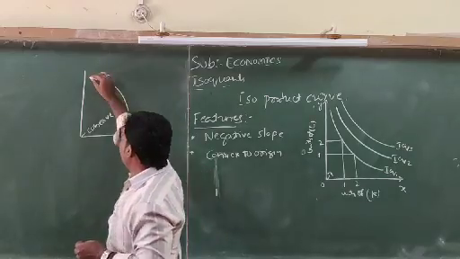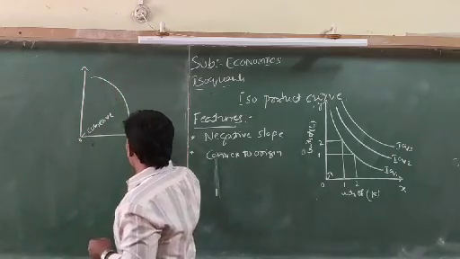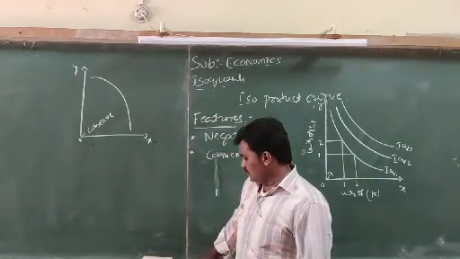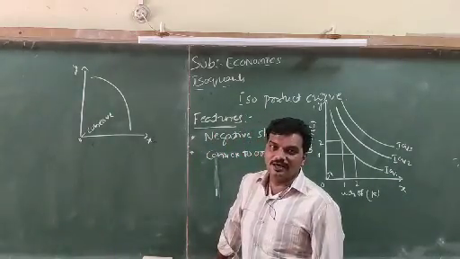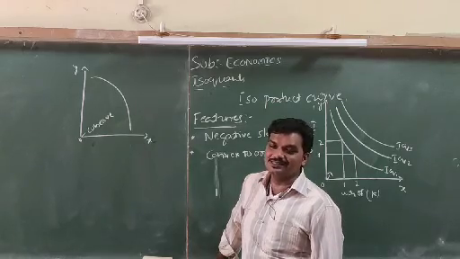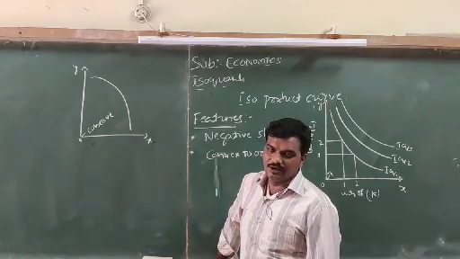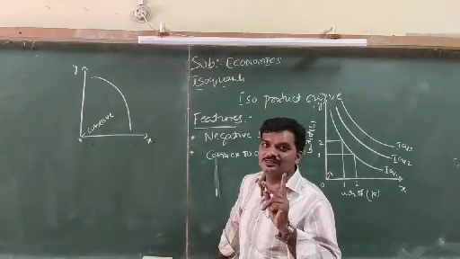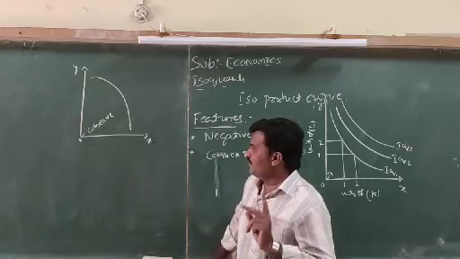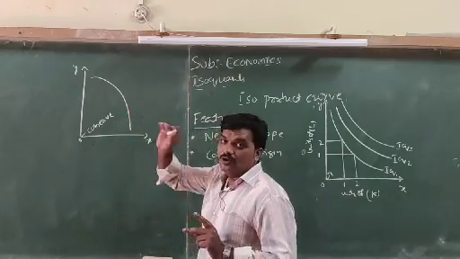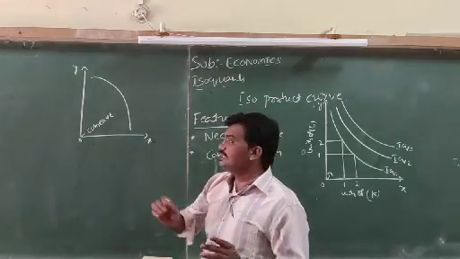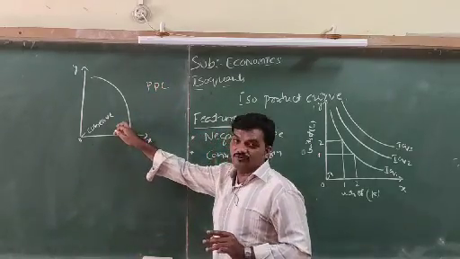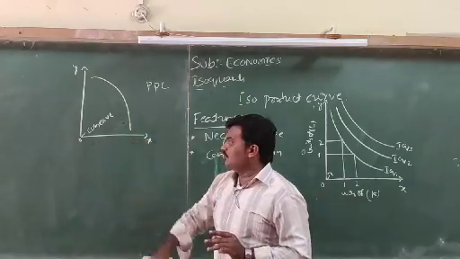If the nature of the curve is like this, we can say it is concave to the origin. Then what happened here? Why is it concave to the origin? Because of two reasons you have to keep in mind. I told you, just remember the first chapter concept, that is PPC. The nature of the PPC curve is concave to the origin because